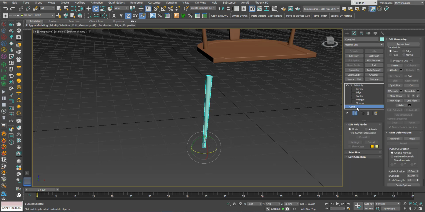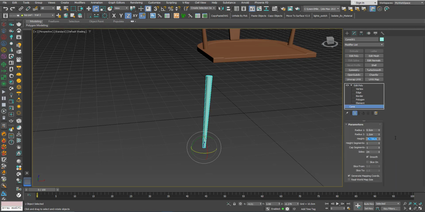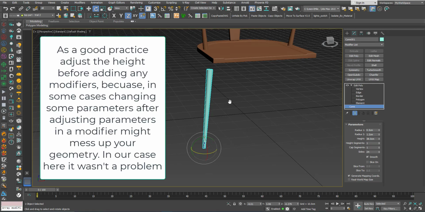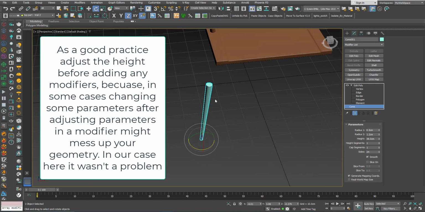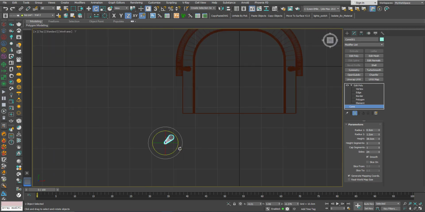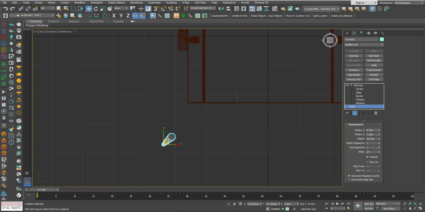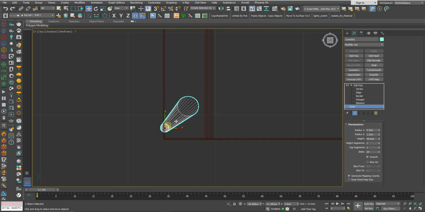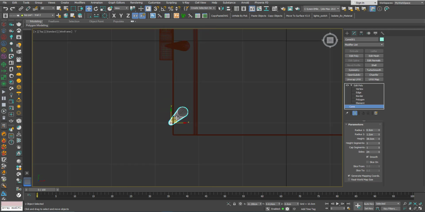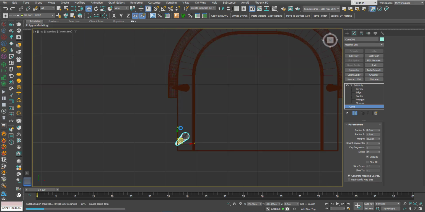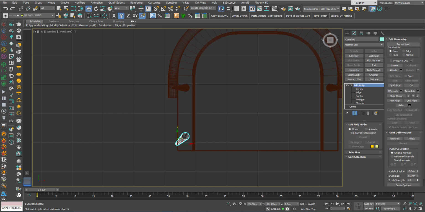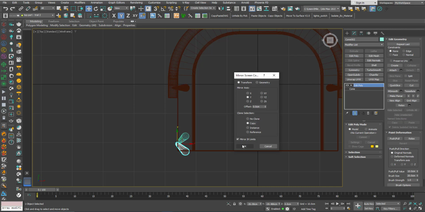I'll go back to the cone here. For the height, I will make it 38 centimeter. I should have done this in the beginning, but it's okay. So now I will place the leg here. I will need to do a mirror, copy on the Y,